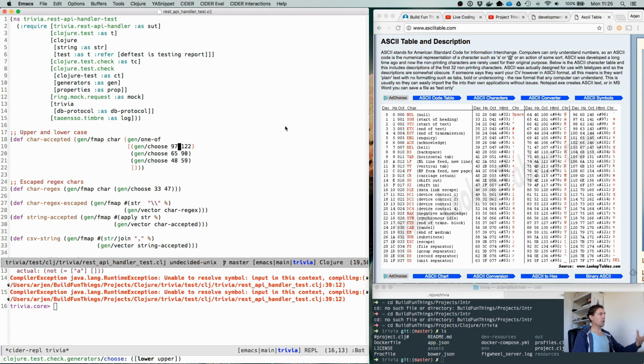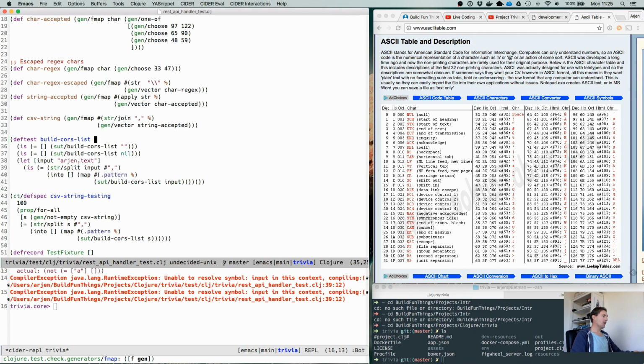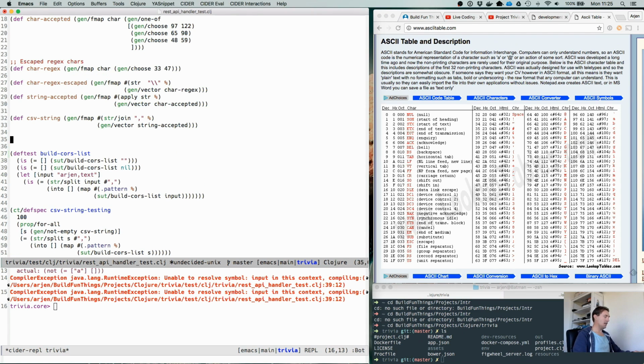So what it will do, every time the generator is being called, it will give us one of the characters from this list, and the string will make that a string, and then those individual parts are built into one string, which will be the input to our function. So say we can give me a sample of this